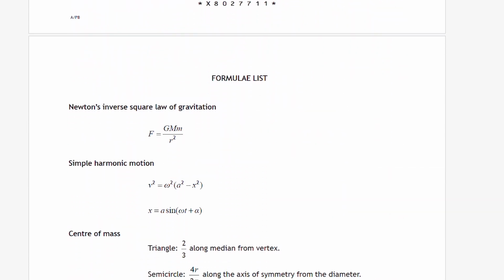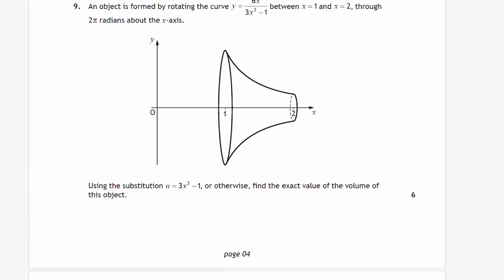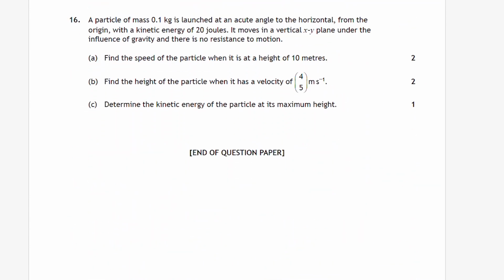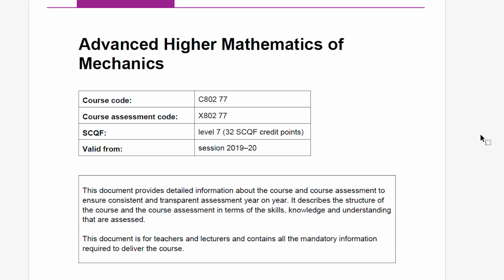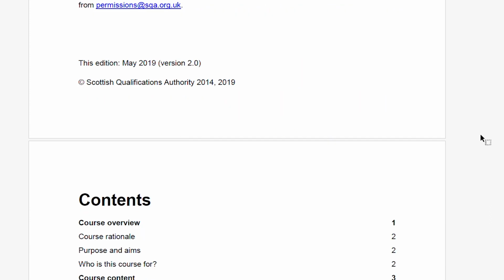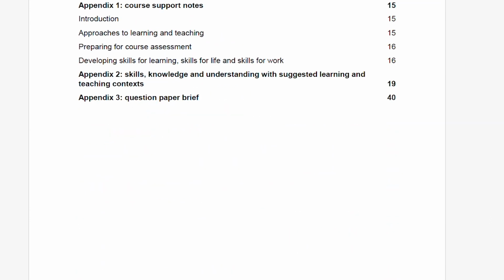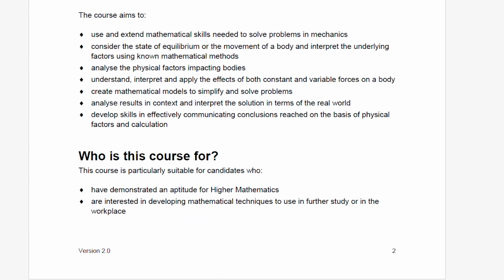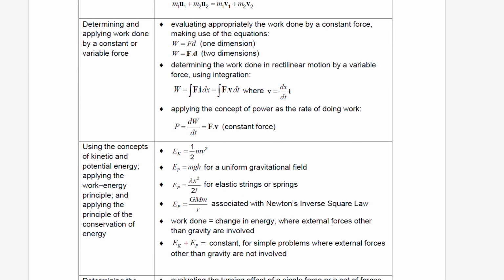I'm only going to do questions 1 and 2. This past paper and the marking scheme is available on the SQA website. Here's another document, the specifications document. This tells you all about the course, including content, and that's also available on the SQA website. Teachers need this document to cover all the content necessary, but it's a good idea for students to have it as well, to see what's been referred to, and you can do your own research as you're going